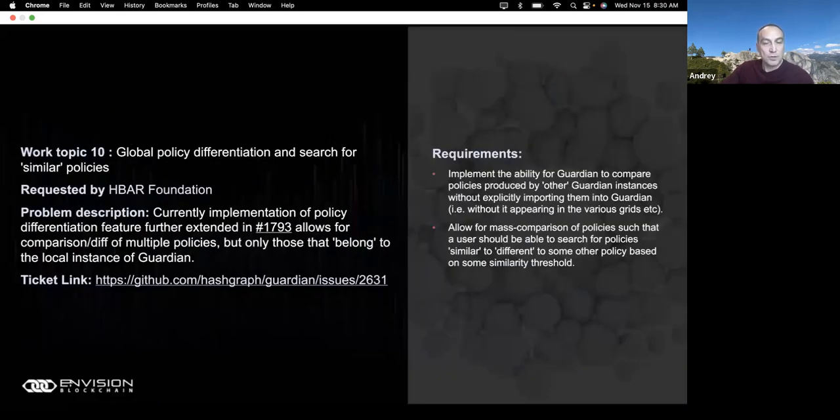Yes. So we were talking earlier about the policy comparison. Sorry, there were two topics. There was a topic I was talking about earlier to do with policy comparisons that was focusing on the searching, and this is about extending the comparison to policies that exist elsewhere.